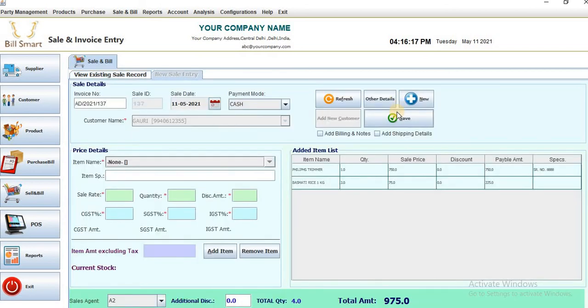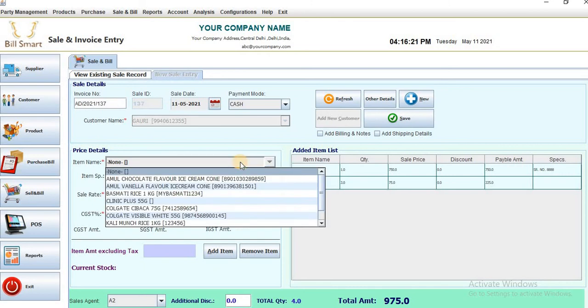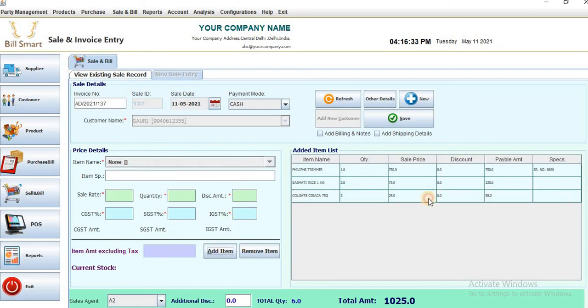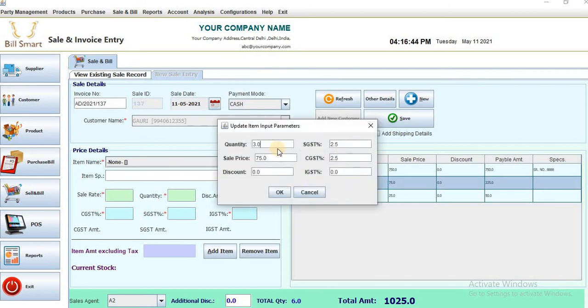To update any bill, select the bill and click on this update button. If the customer is purchasing some more products on this same bill, give the product name and select that product. If the quantity has changed, change the quantity, press tab, so the value will automatically get calculated. Click on add item, item is added. If the customer is returning any product, like this is the product, customer is returning one quantity, so do a double click or press enter.